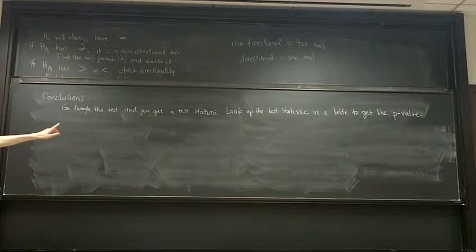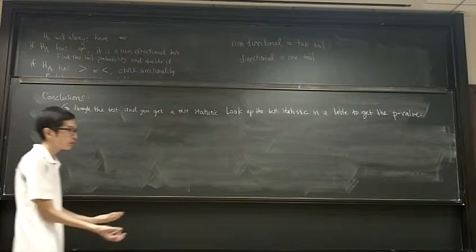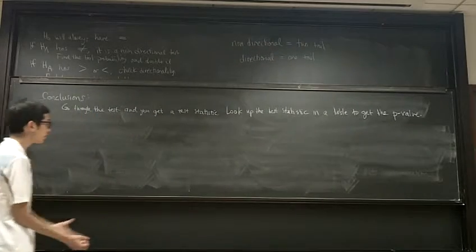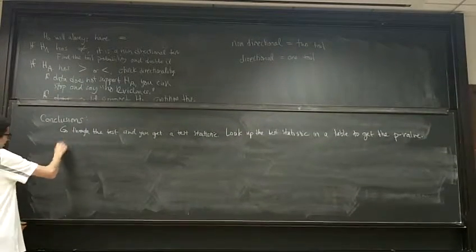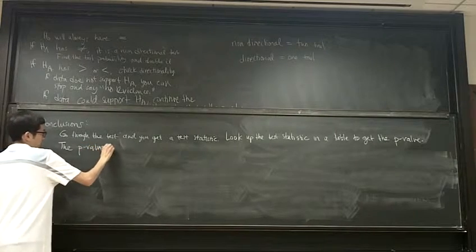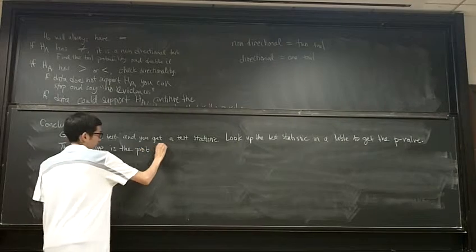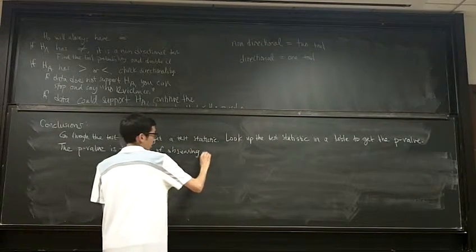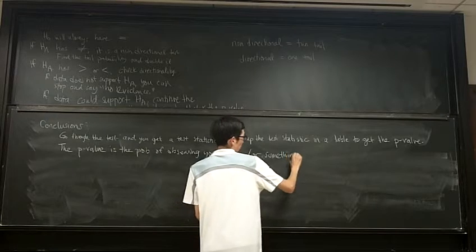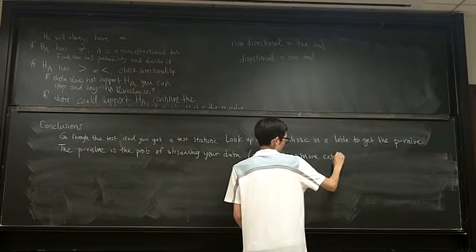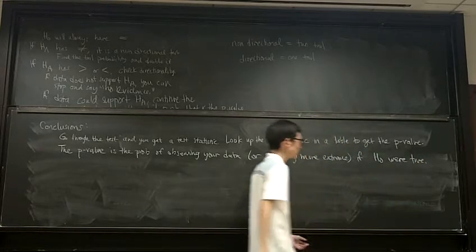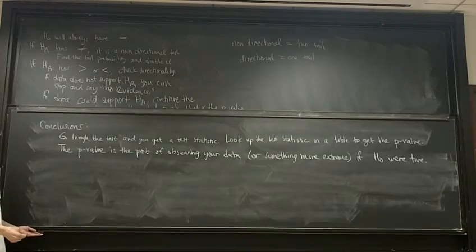But that's there. Alright, so you get a p-value, and remember, the p-value is the probability of observing your data, or something more extreme, if the null hypothesis were true. This is a definition that's going to come up over and over again. P-value is the probability of observing your data or something more extreme, if H0 were true. So if the p-value is large, then we